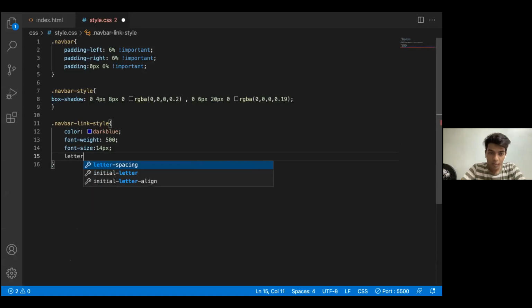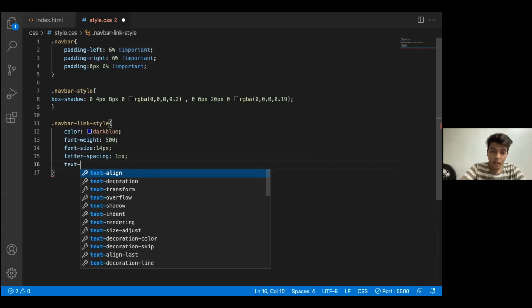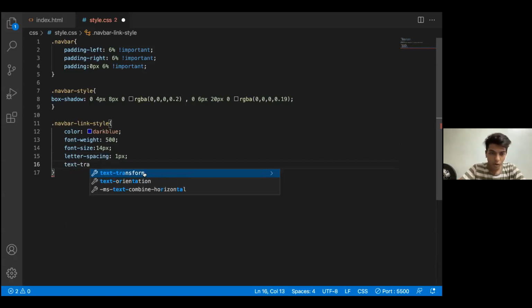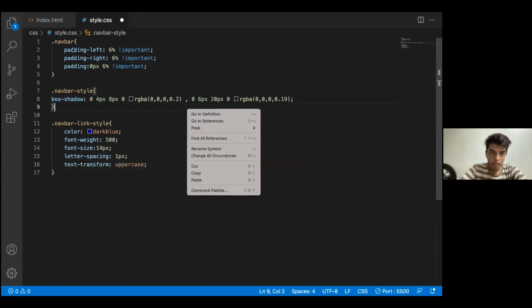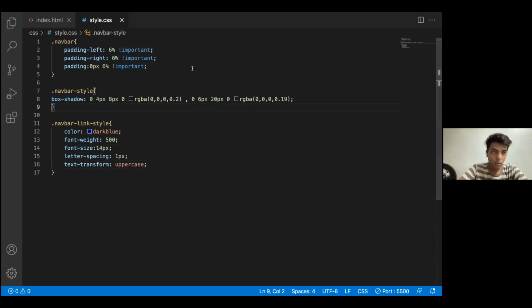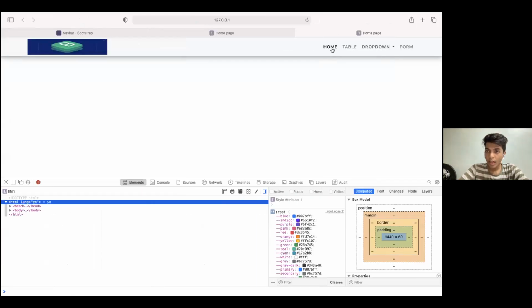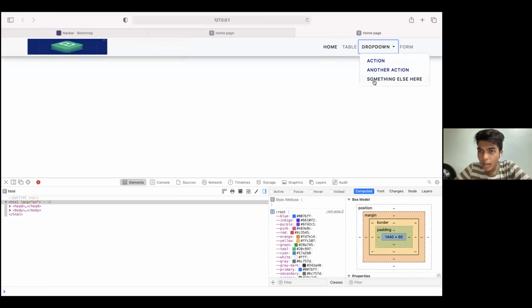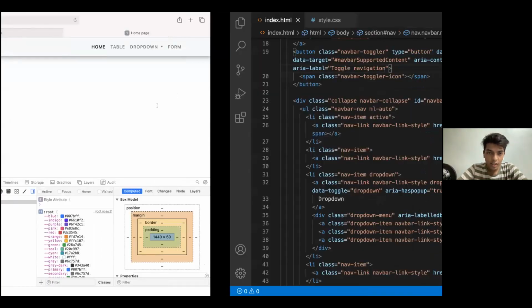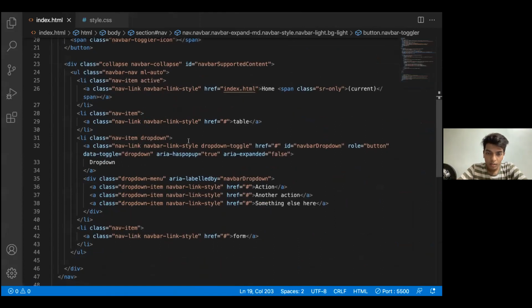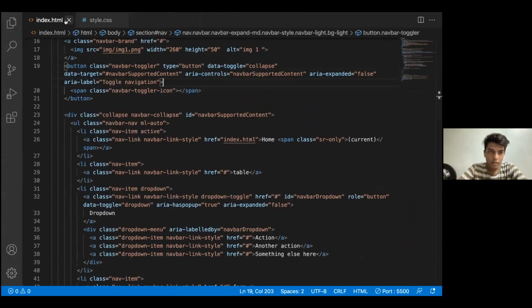So I'll be giving pixel. I don't need more. And then I'll be taking up text transform. I want everything that I have written in the nav bar to be in uppercase. This is something that you can use or you cannot use. It's upon you, and it should be uppercase. So let's save this up and check it out. What does this look like? So as you can see, I guess the color has been displayed here. I guess I've been given classes. Okay.